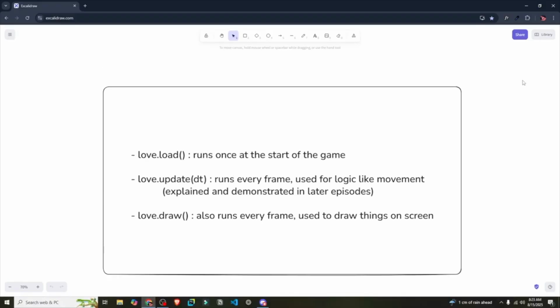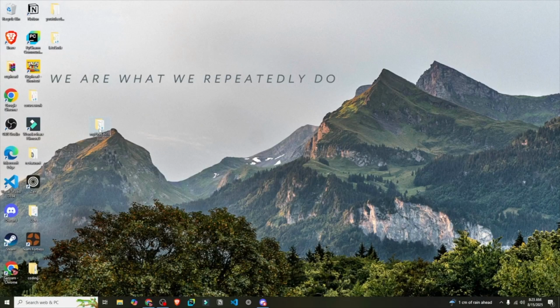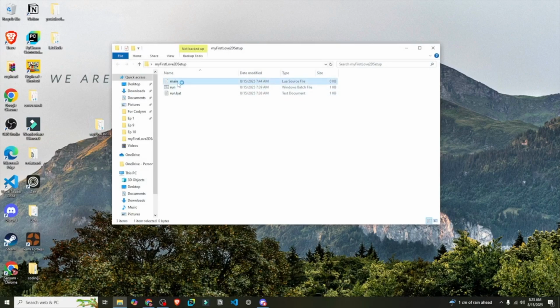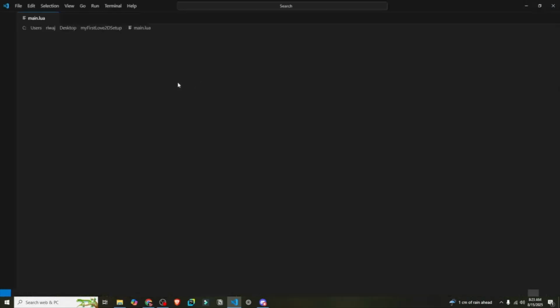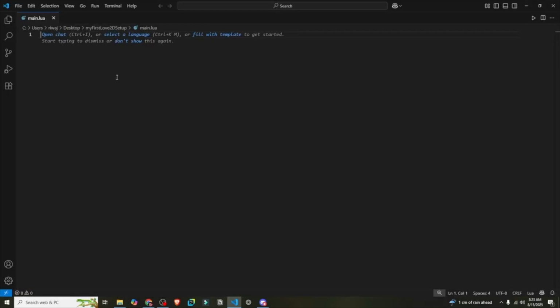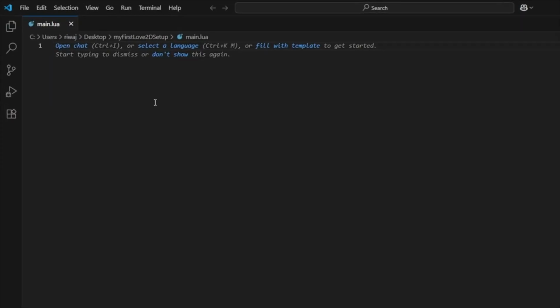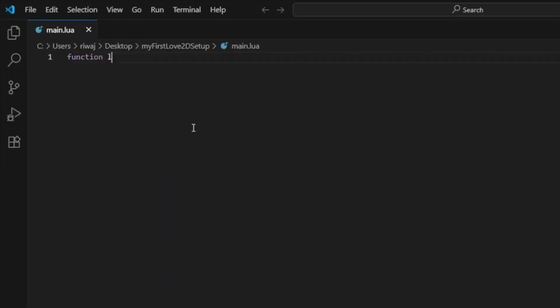Now I'll exit out of this and then open our main.lua file inside VS Code, and this is empty, but here we will write all three core functions with some basic code. So first I'll write function love.load, and inside our love.load function we'll initialize a message variable. So we'll say welcome to Love2D. After that we'll end the function,